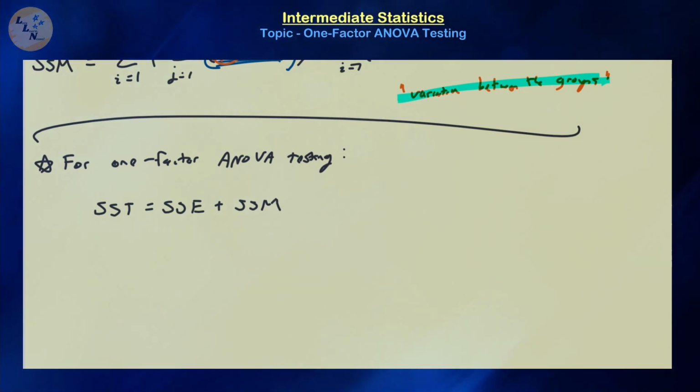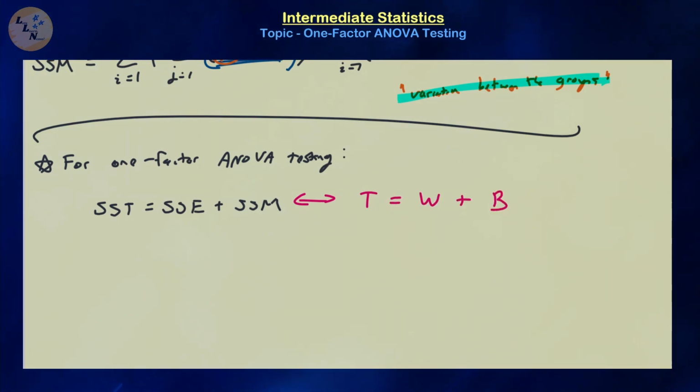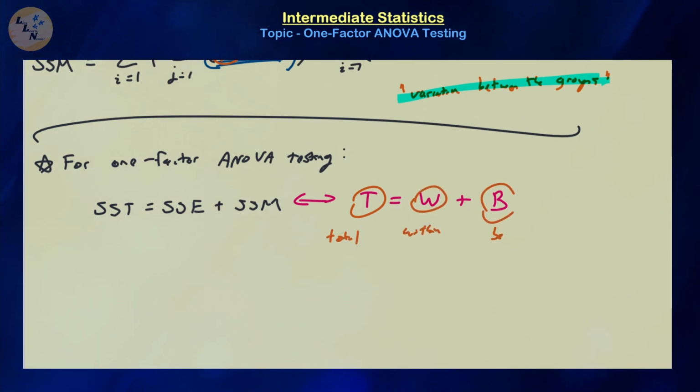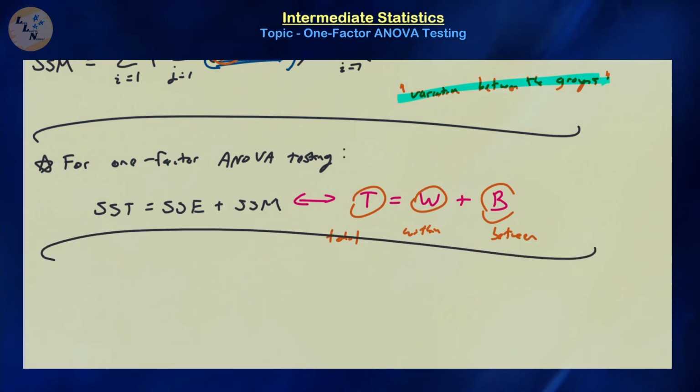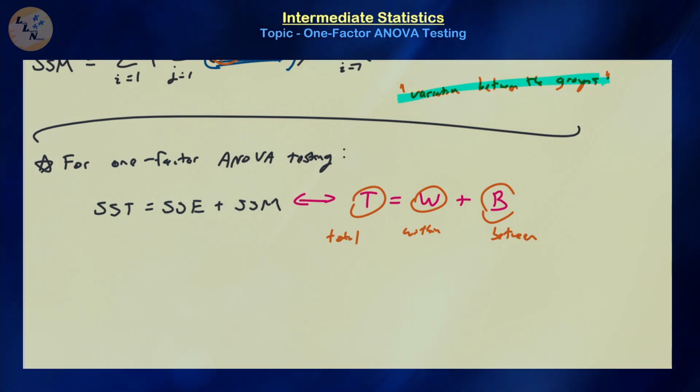And one could abbreviate this in a more compact way as T is equal to W plus B, where T stands for total, W stands for within, B stands for between. So the total variation is equal to the within variation plus the between group variations. Right? So that's a nice little relation that we can use to calculate two and quickly calculate the third,